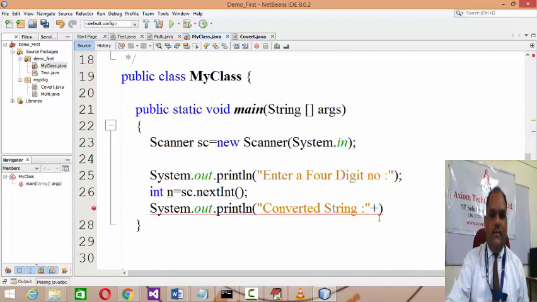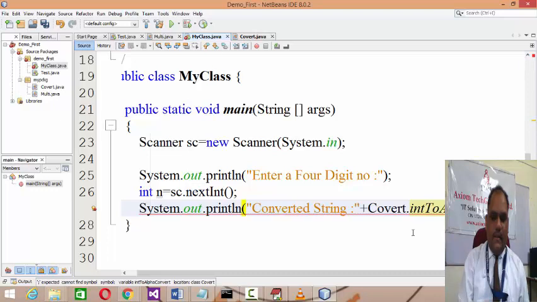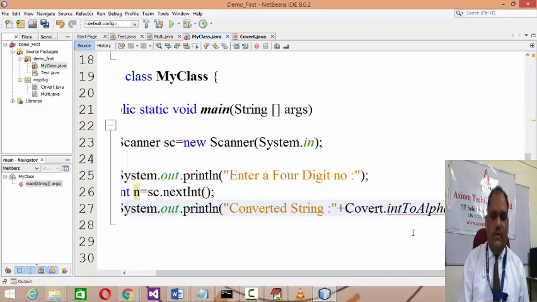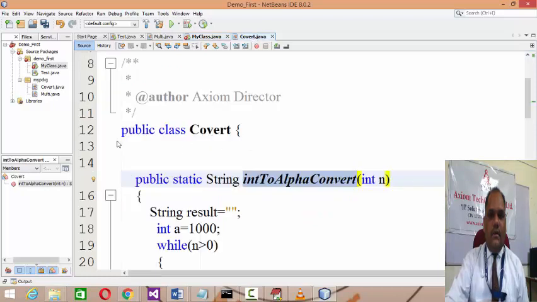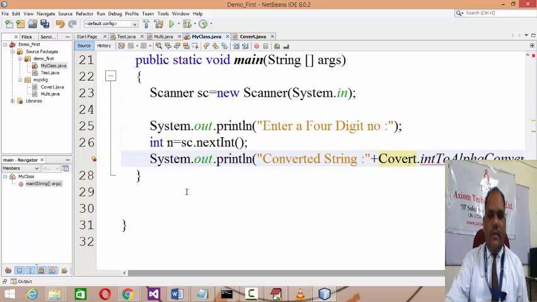So in my class I write Convert dot the method name, pass n as an argument, and call it. Actually it has to be the Convert class, but anyway, Convert dot intoAlpha convert, pass n as an argument, and that's it.